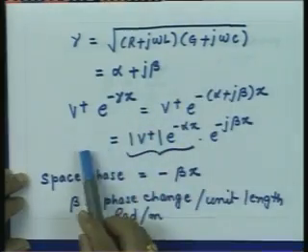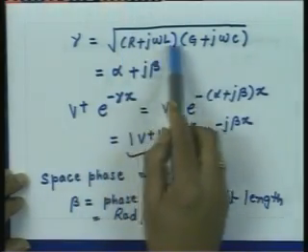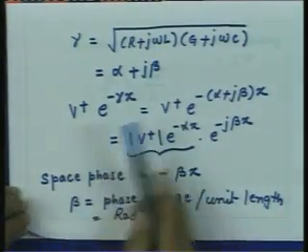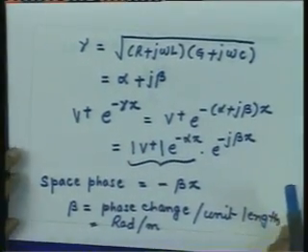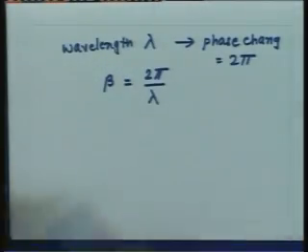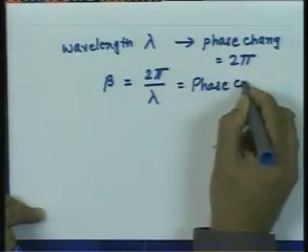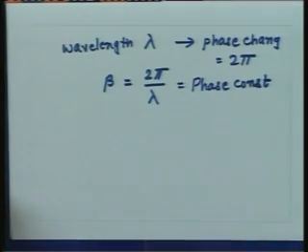As we have already seen, since gamma depends upon the primary constants R, L, G and C, beta also is a function of R, L, G and C, and also it could in general be a function of omega. Therefore, we conclude that this quantity beta, which is called the phase constant, is a function of the primary parameters of the line R, L, G and C, and also is a function